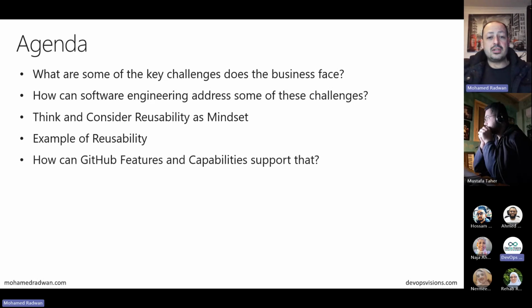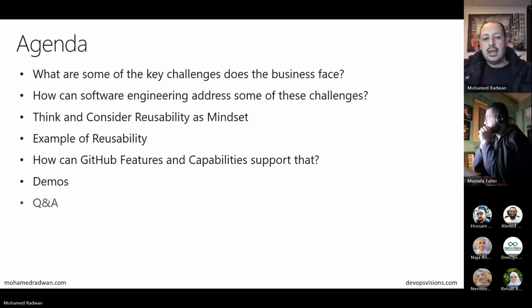Then we will explain that GitHub gives you several features and capabilities that support reusability and the engineering practices for facing and overcoming the challenges. And then we will go to the demo. My colleague Rahab will introduce several demos, and then we'll have Q&A.